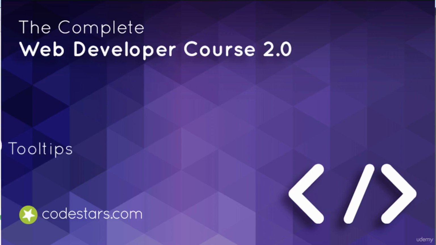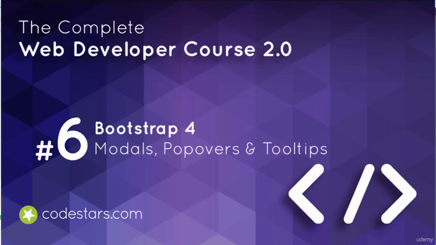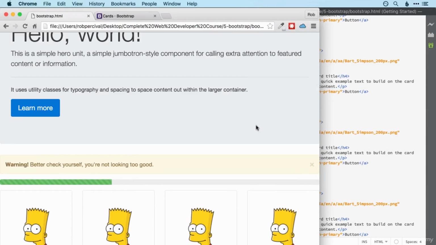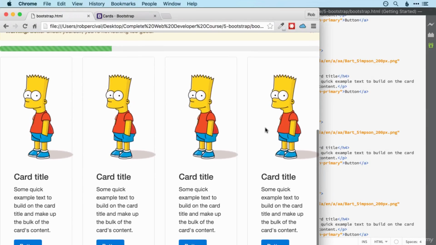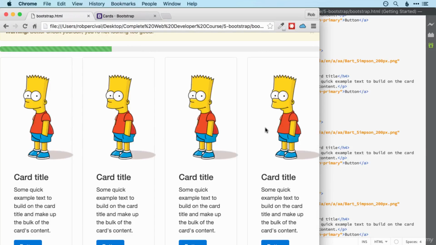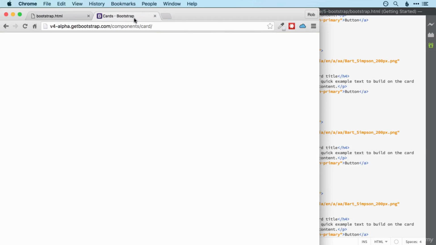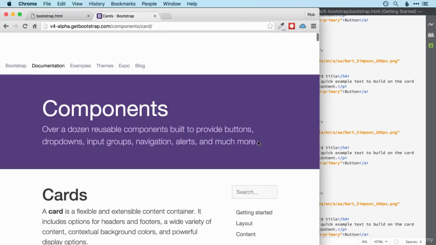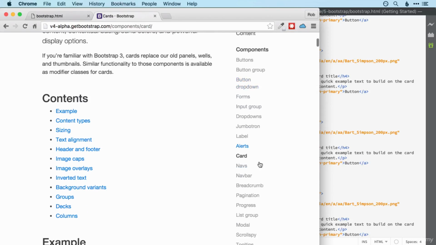The Bootstrap components that we looked at in the previous video were mostly about style, about how our various elements looked. In this video, we'll be looking at ones that are more about function, and we'll be doing a bit of jQuery as well to interact with those elements. And I'm going to start by looking at modals, which are